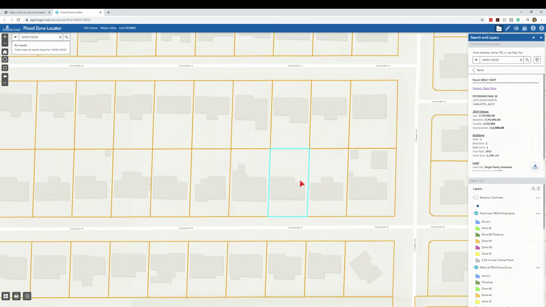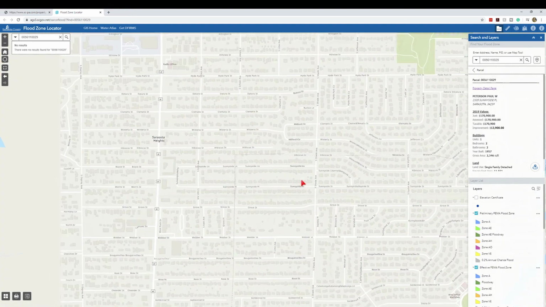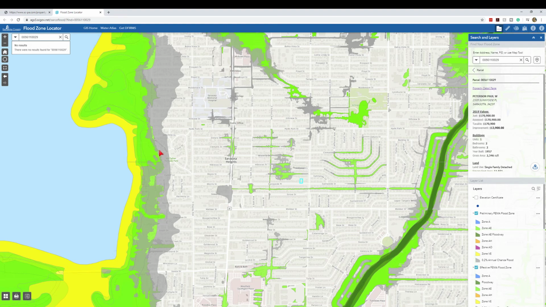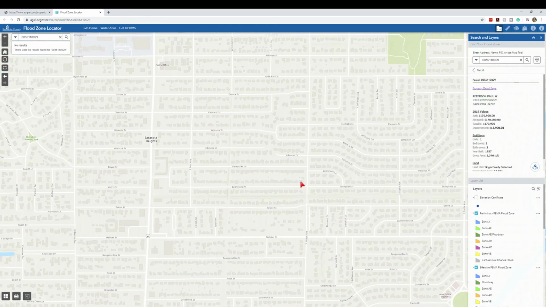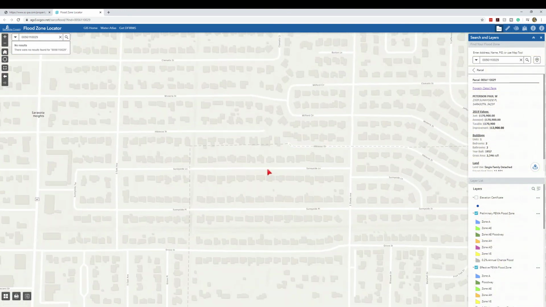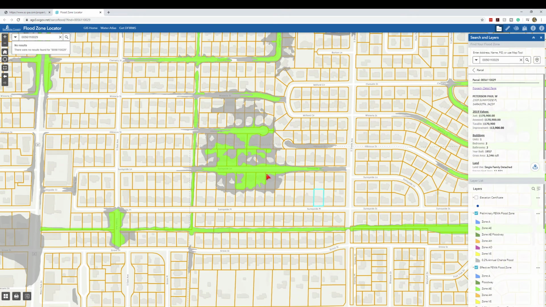But if we zoom out, you'll see where we can actually start to see water and flood zone areas. Like this green, for instance, is considered flood zone. So our property is actually just outside. It looks like if we were a couple houses over and up a street, we could be sitting in a flood zone. So this property right here, for instance, and you can see what's nice,